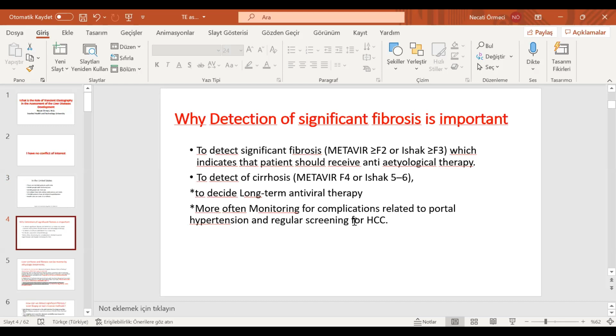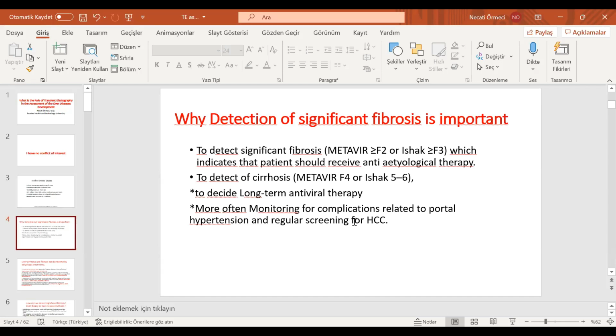So what is the reason to detect the fibrosis? Significant fibrosis indicates that the patient should receive anti-etiologic therapy. For example, if the patient has hepatitis B infection and more than F2 fibrosis, then this patient should have antiviral drugs. Or if the patient has hepatitis C infection and also has F2 fibrosis, then this patient also should have